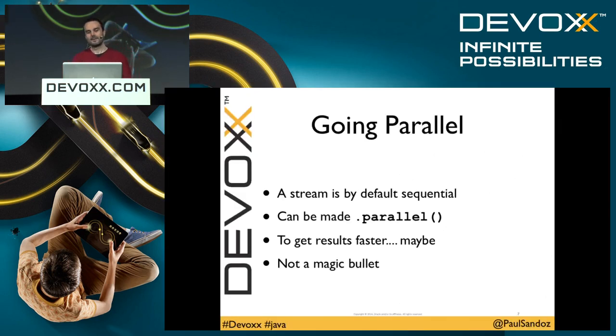So let's start getting more into the meat of the presentation about going parallel. I showed the stream there; the default characteristic of a stream is sequential. But it can be made to go parallel using parallel, or on the collection classes, you'll see a thing called parallelStream as well. And it's really to get results faster, but you have to qualify that with a maybe. It's an optimization under the covers.